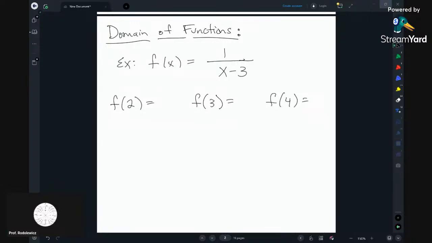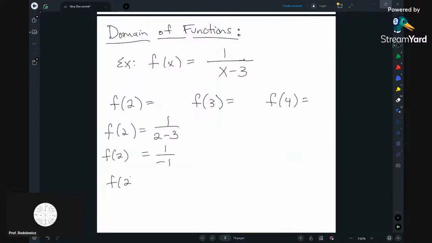And this is the recipe for getting your output. You take 1 and you divide it by your input minus 3. So output, what's the recipe for output? 1 divided by input minus 3. And so this specific question is saying, all right, go to that function, input 2. So, okay, 1 divided by 2 minus 3. 2 minus 3 is -1. 1 divided by -1 is -1. So I'll put that in its glory. F of 2 is 1 over 2 minus 3, which is -1,